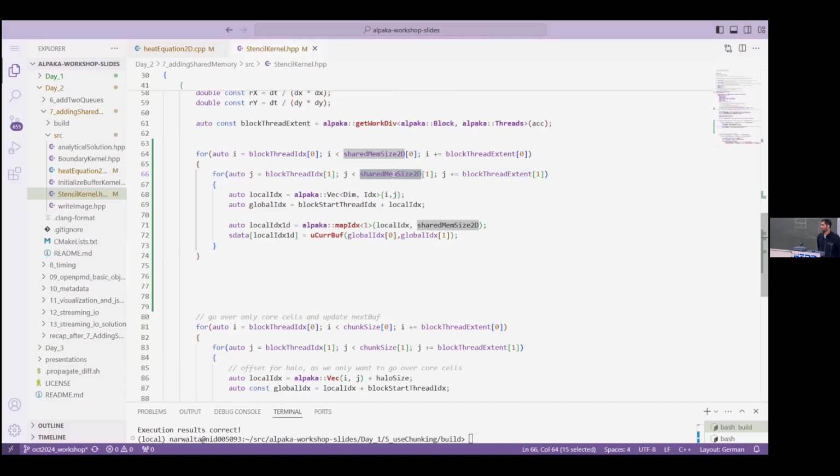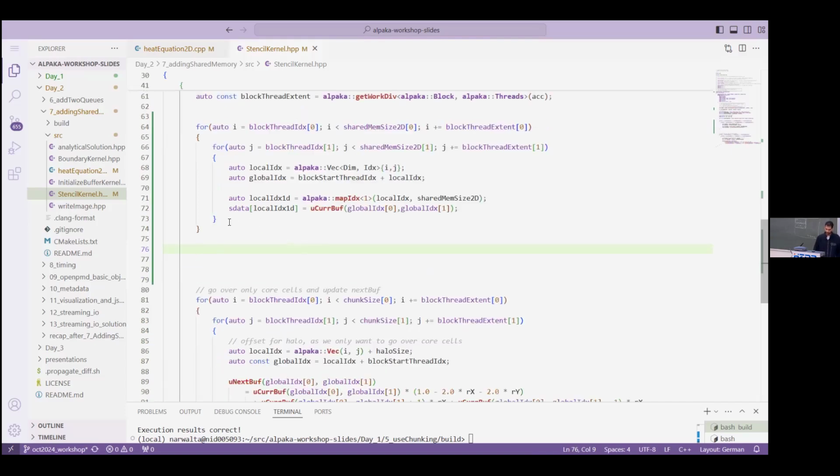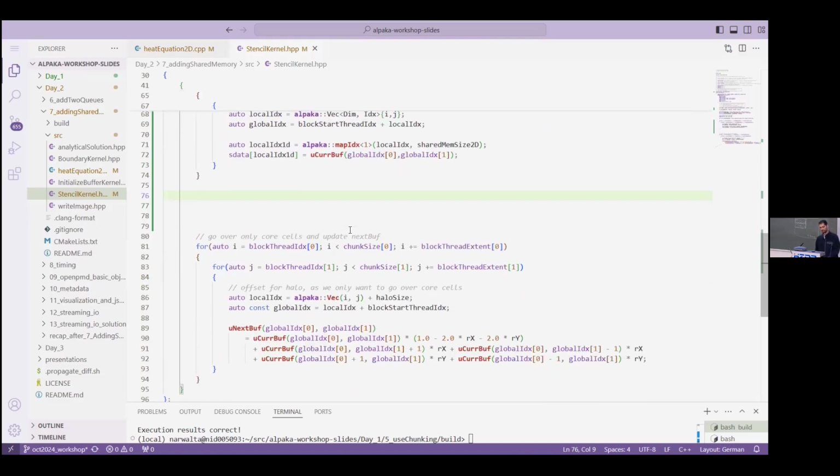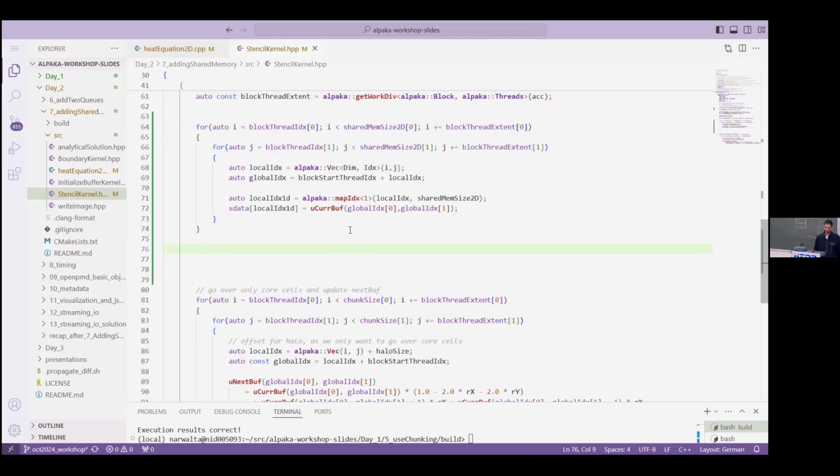Should we synchronize the threads right after? Yes, so the next question was if we need to synchronize the threads right after, and the answer is yes, it is essentially important to synchronize the threads. So if, for example, after filling it in, we don't synchronize, it may be possible that the next kernel is already enqueued and you're using